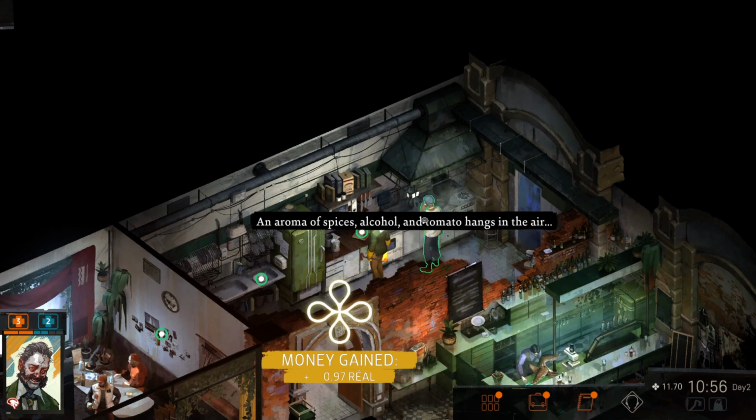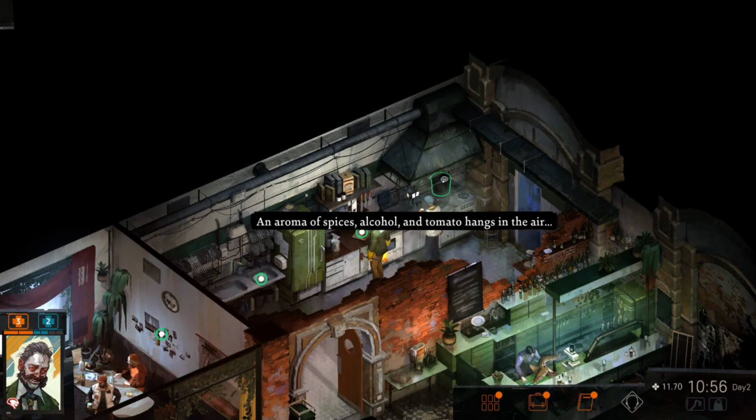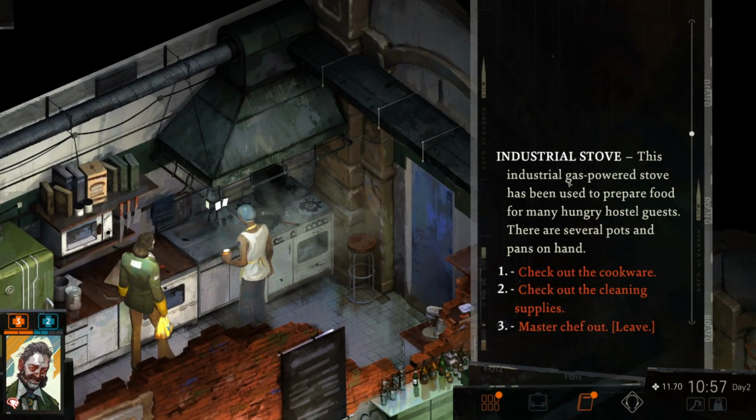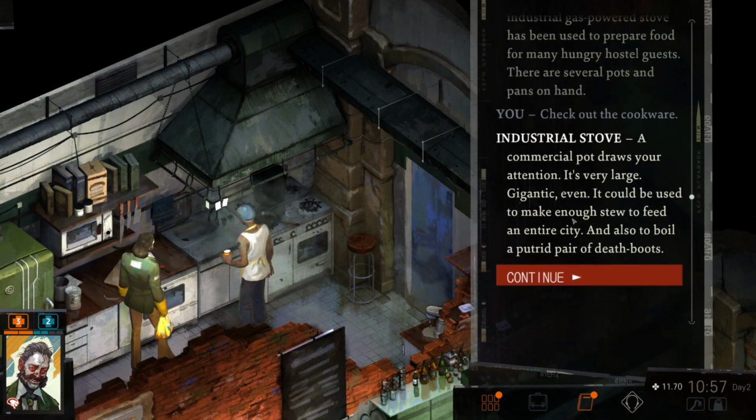An aroma of spices, alcohol, and tomato hangs in the air. This industrial gas-powered stove has been used to prepare food for many hungry hostel guests. There are several pots and pans on hand. Check out the cookware. A commercial pot draws your attention. It's very large, gigantic even. It could be used to make enough stew to feed an entire city, and also to boil a putrid pair